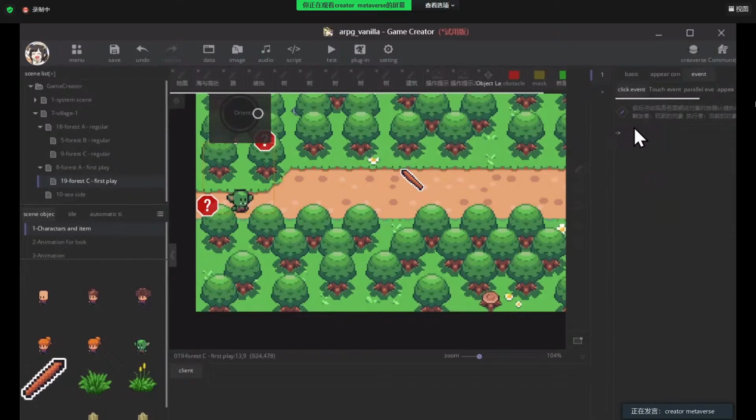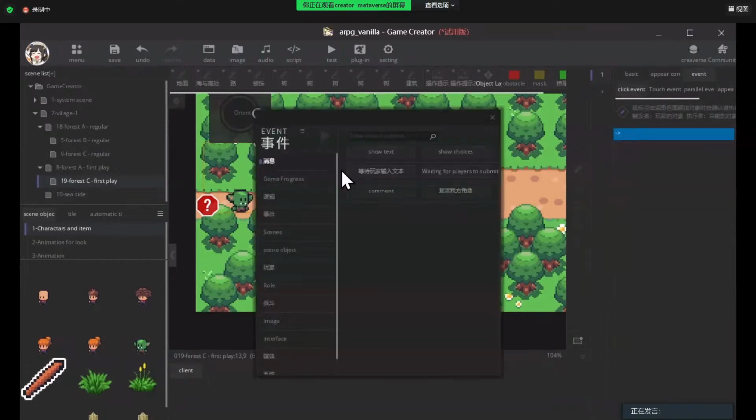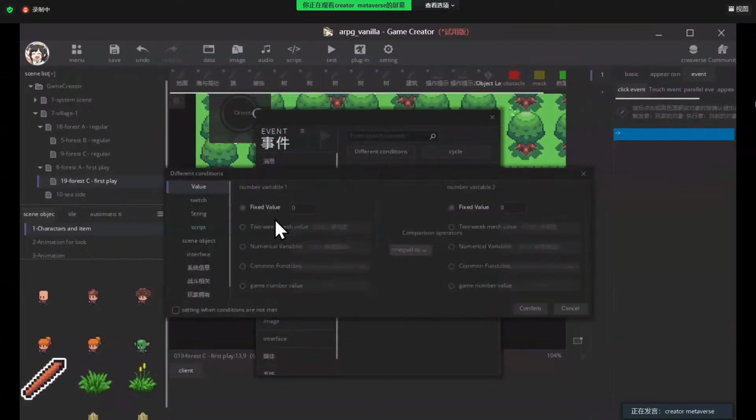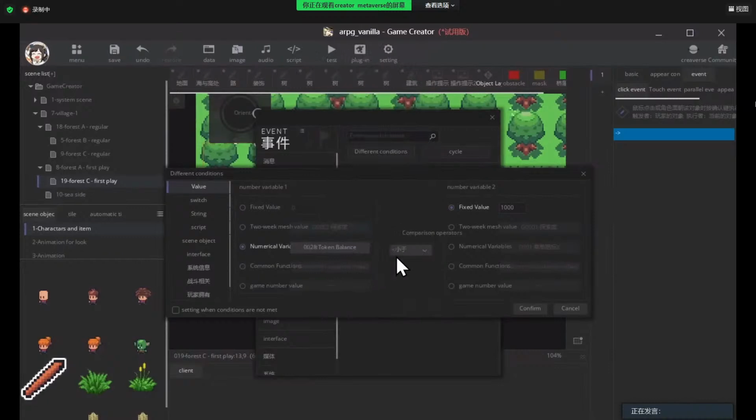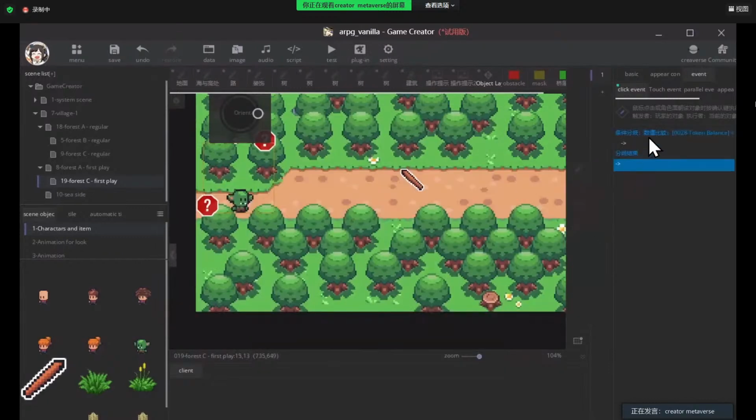We have the click event here. Double click, and add a logic and the different conditions. If the number is greater or smaller than 1,000 of my token, then it will say, I can't let you go there. The condition should be the numeric from the token balance, and confirm. So if the token balance